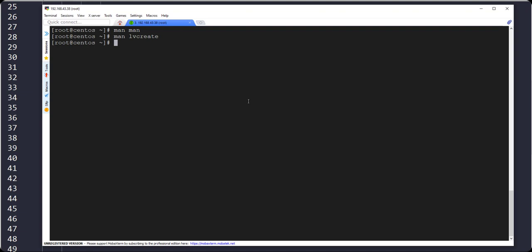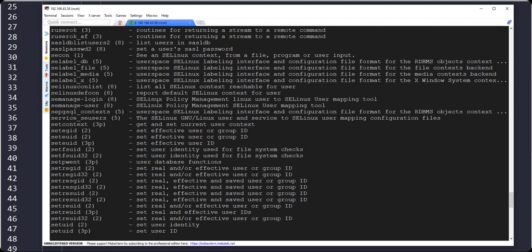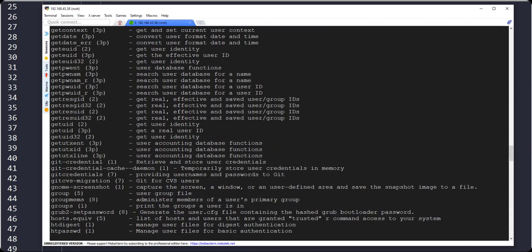Now, to find any specific keyword, you already know that you have to create a user. So you have a specific keyword, that is user. So how do you filter by the keyword? You use man -k, and then let's say you filter the keyword user. There are a lot of commands using that, with the number appended to it.